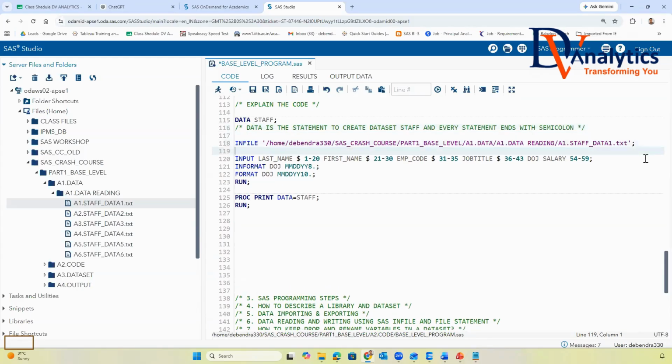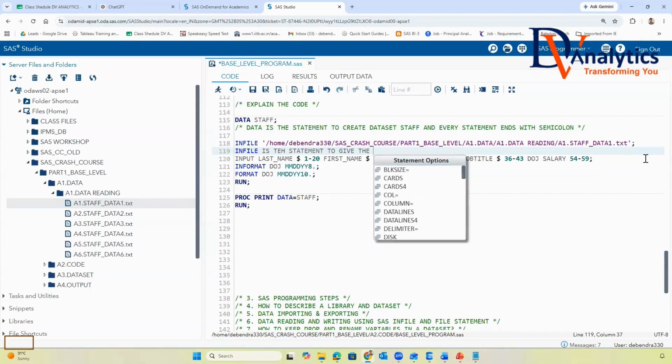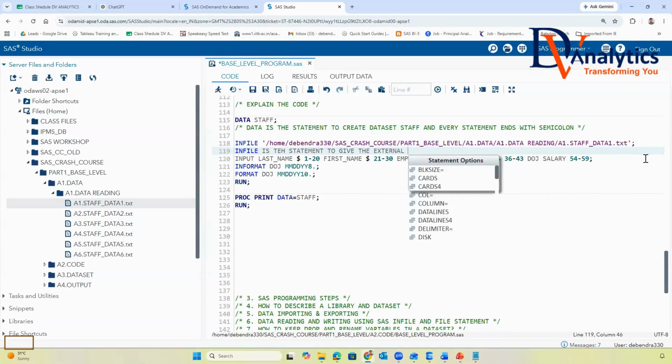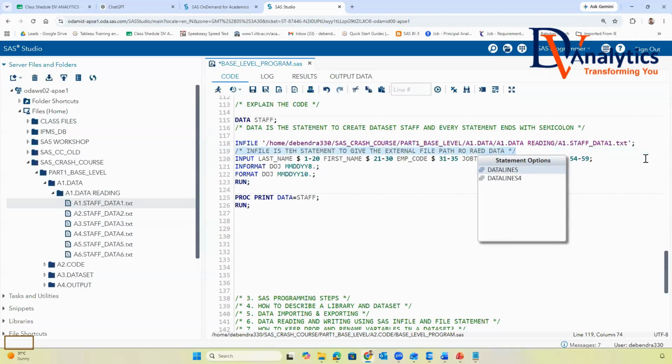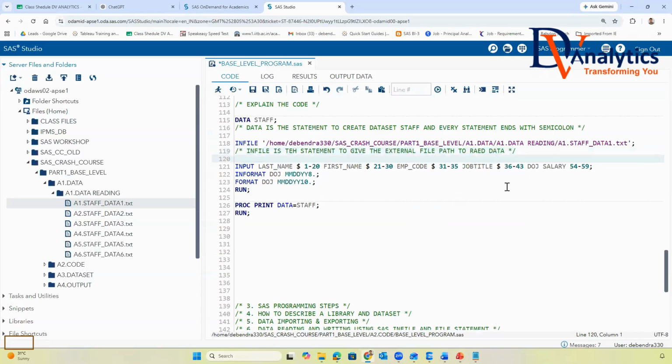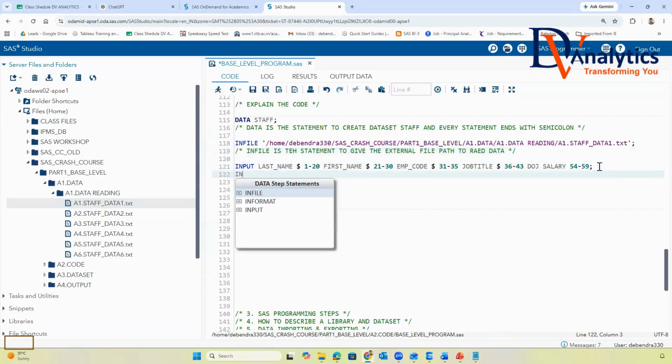Now, what is the infile statement? Infile is the statement to give the external file path to read data. This is how we have to understand the use of the infile statement. Then input statement.